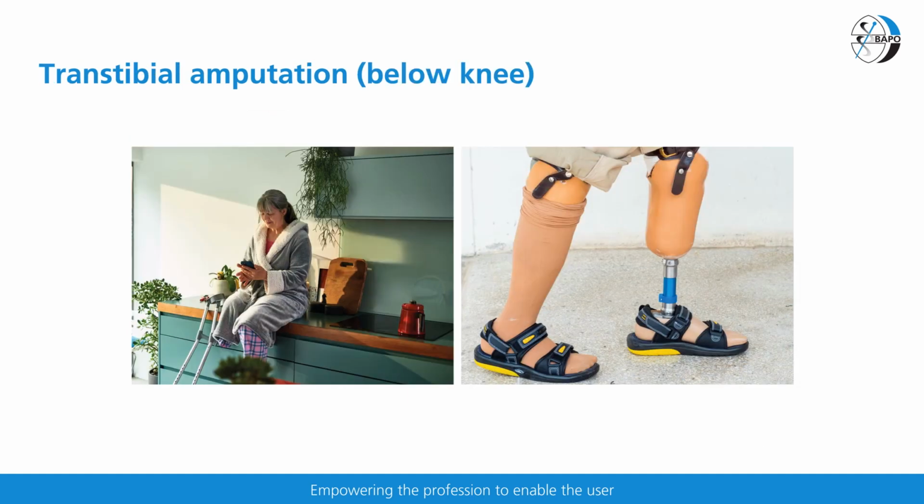The next level is a transtibial or below knee amputation. This is an amputation that is through the tibia and fibula of the lower limb. Transtibial amputations may be required due to trauma, tumors, infection, or congenital deformities. Transtibial amputees also have a wider variety of options for their prosthesis, depending on their activities of daily living and